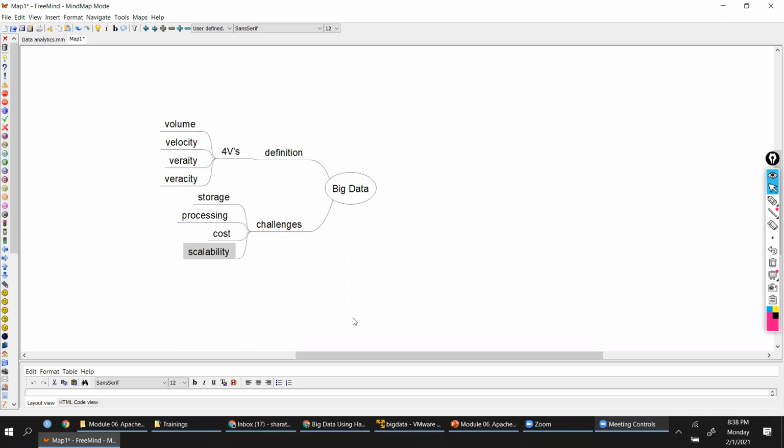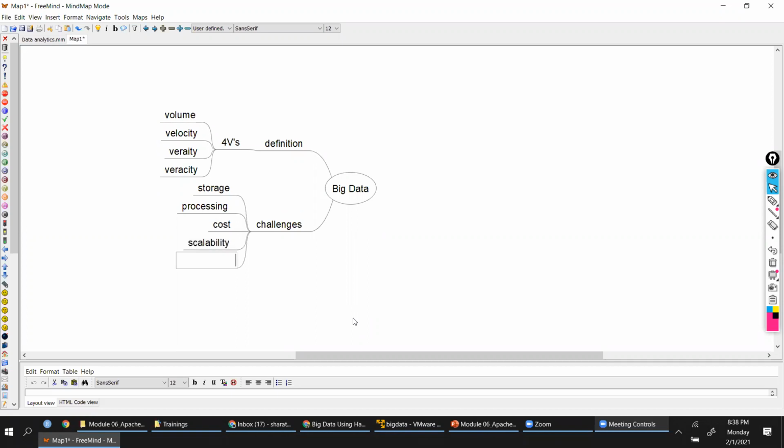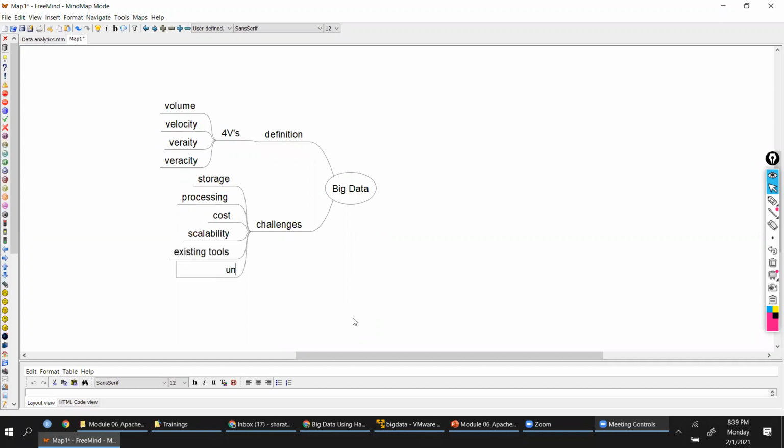And then we also have to check the existing tools capability. And then also, most importantly, how do we handle unstructured data? And these were the challenges with respect to the big data.